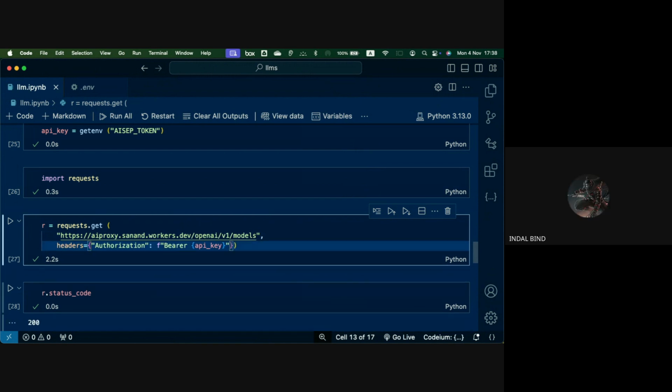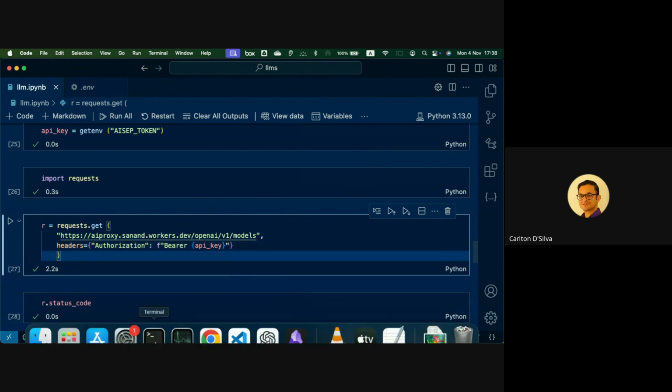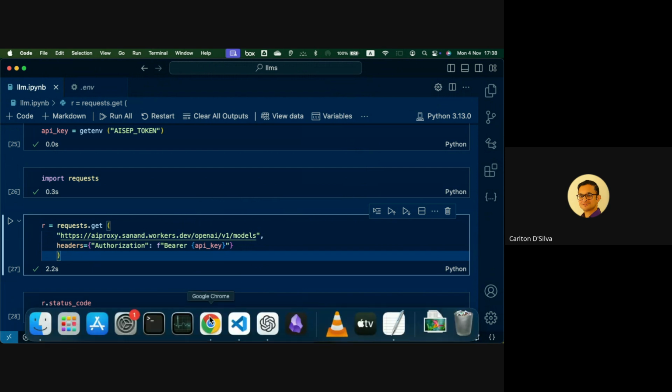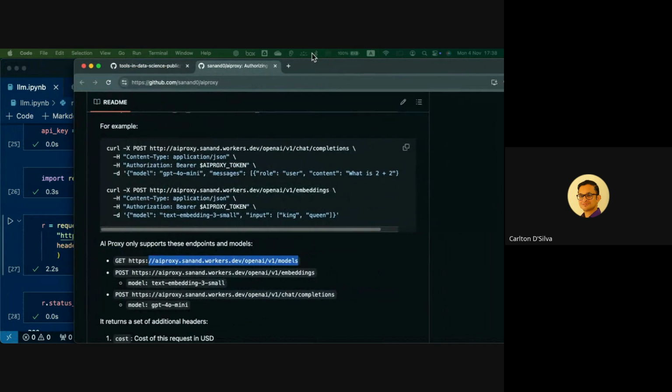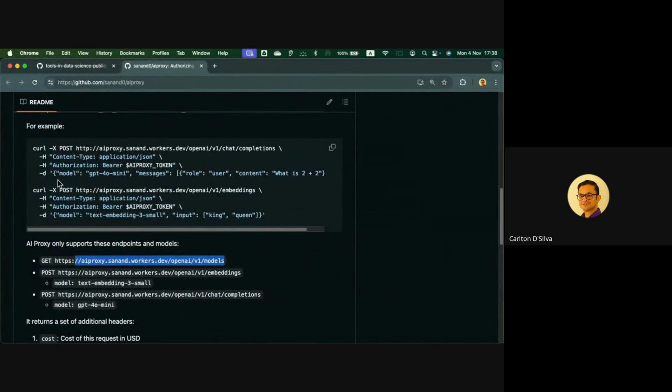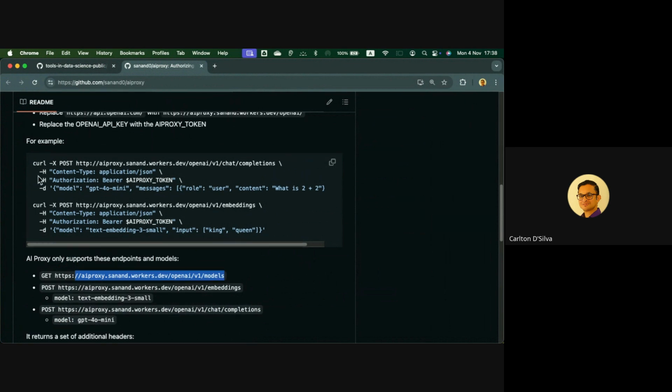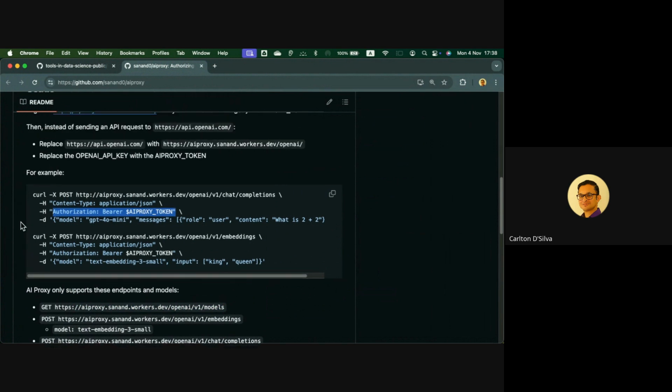From where do you get the header? If you look at the API documentation, it tells you that you have to send this header along with the request. So if you look here, this dash h, if you're using a curl command, for example, is a header that you're sending, and so it requires this header to be sent when you're sending the request.